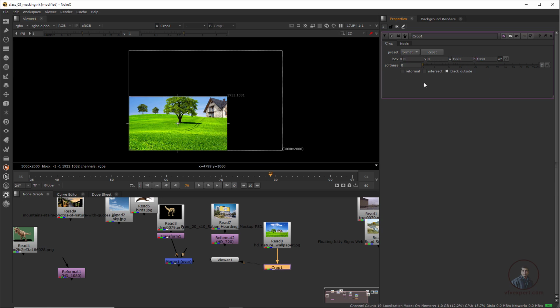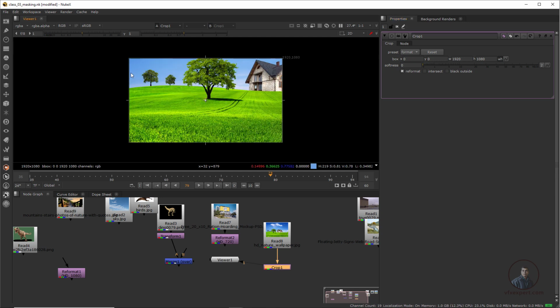After this, finally we have to click on this reformat, because Crop by default just crops your image, it's not changing the format. So if you want to change your format after cropping, you have to click on this reformat. Now this will crop your image and it will give you this 1920 1080 frame